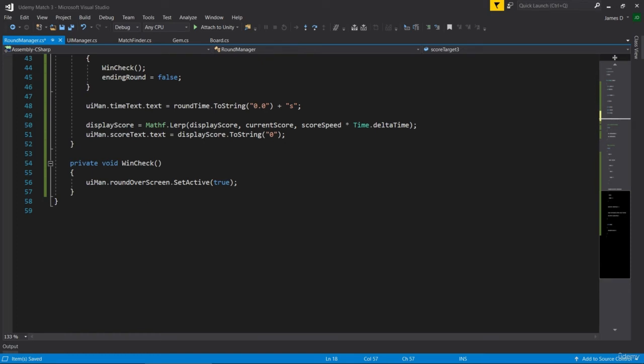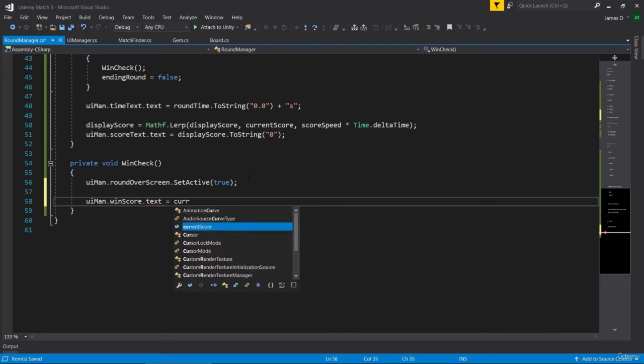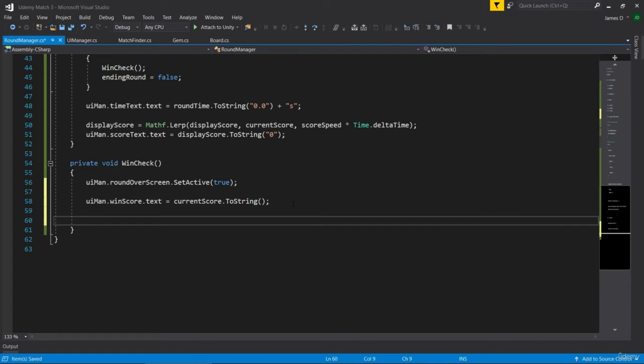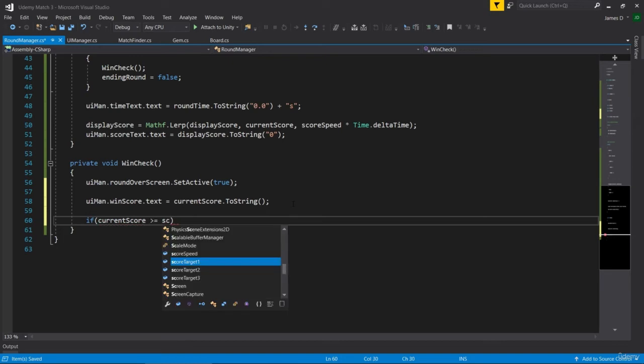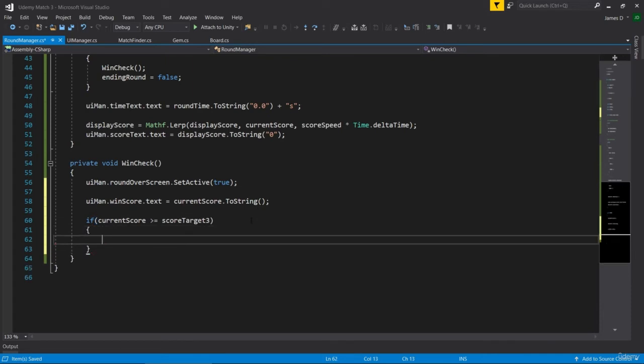So when we do our win check, obviously we want to send out whatever score we got. So uiman.winscore.text is equal to whatever our current score is to a string. So we don't need to do the display manager thing of updating it using the display score. Sorry. We just want to say what our actual definite score is here. And then we're going to do some checks. So we're going to say if our current score is greater than or equal to score target 3, so if we're above our target score of 3, then we're going to say the win text should say